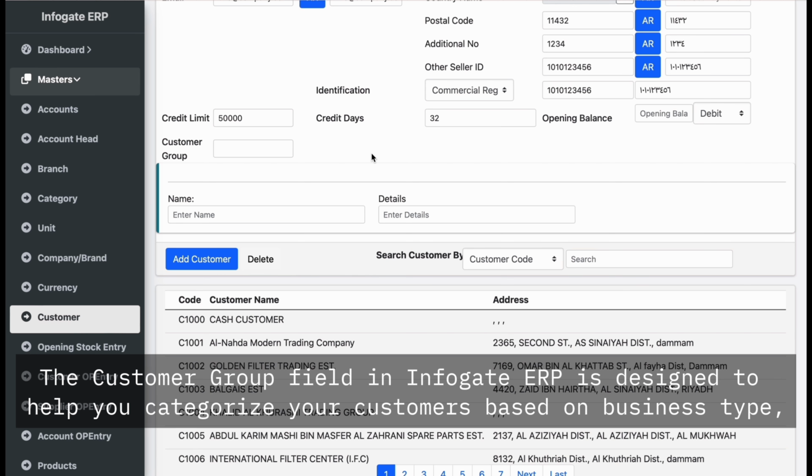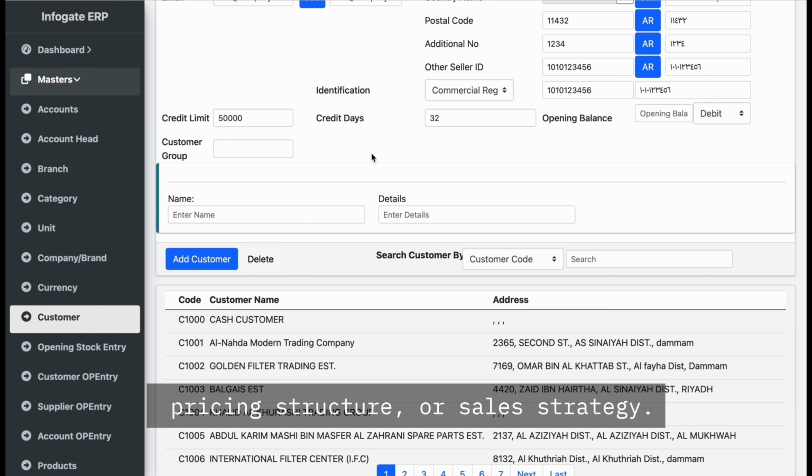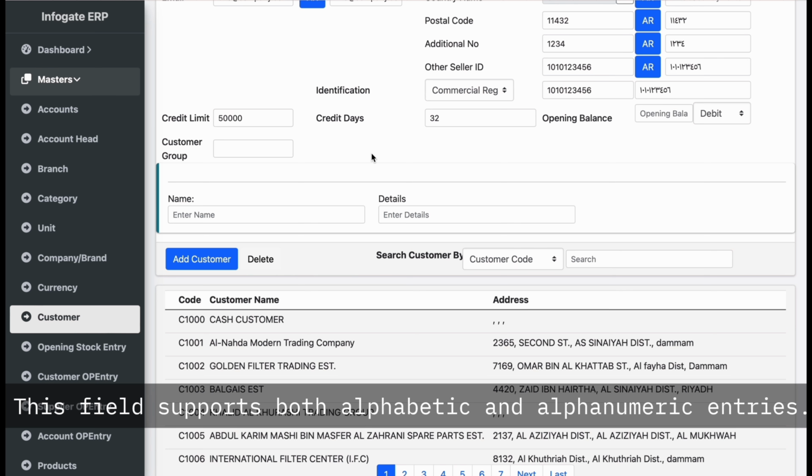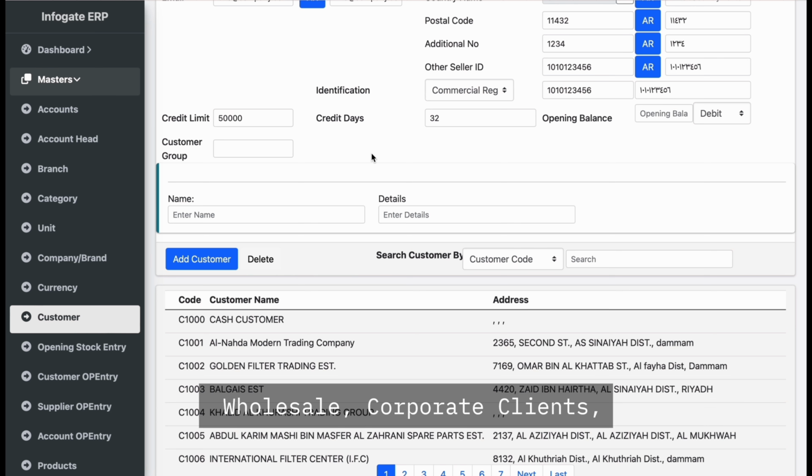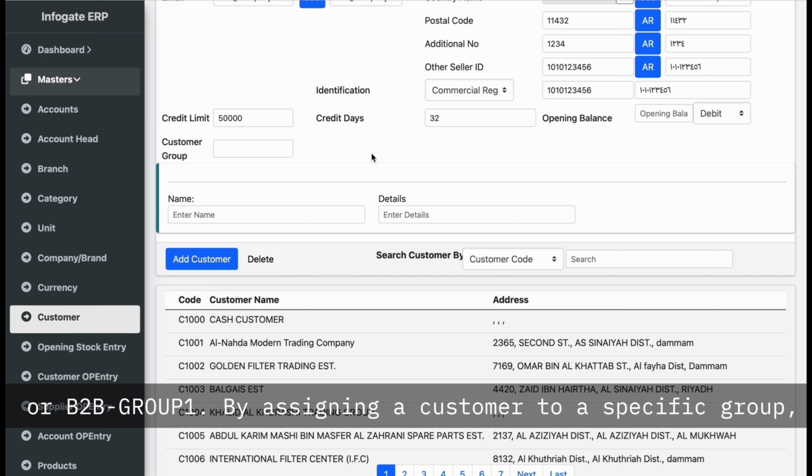The customer group field in InfoGateUp is designed to help you categorize your customers based on business type, pricing structure, or sales strategy. This field supports both alphabetic and alphanumeric entries. For example, you might create groups like retail, wholesale, corporate clients, or B2B Group 1.